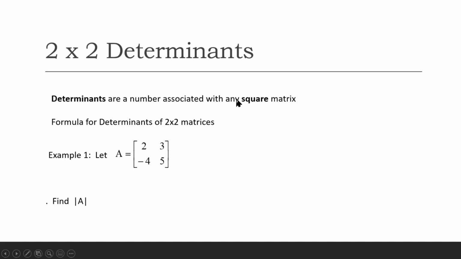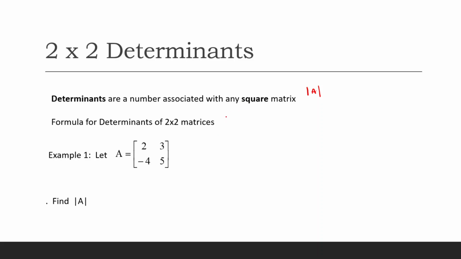So a determinant is a number associated with any square matrix. We'll use the notation of the straight bars, so it'll look like we're taking the absolute value of a matrix. It's going to get us a single constant for each square matrix. So only 2 by 2s, 3 by 3s, 4 by 4s,